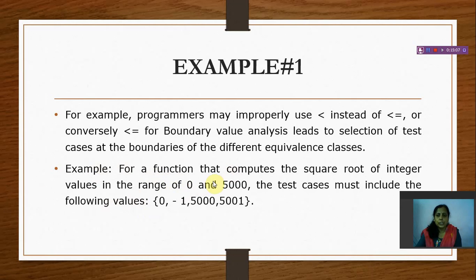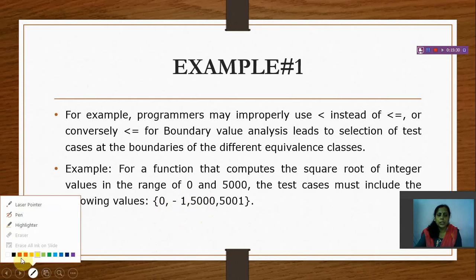For a function that computes the square root of an integer value in the range of 0 to 5000, the test cases must include the following: 0, -1, 5000 and 5001. Here 0 and 5000, these both are the boundary values.